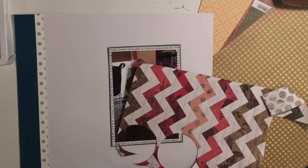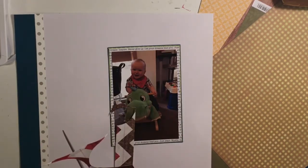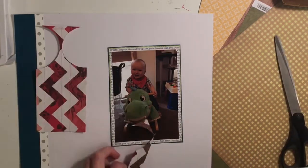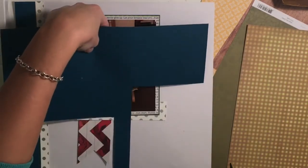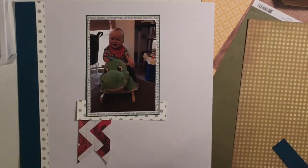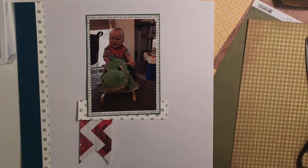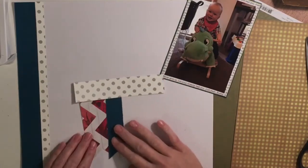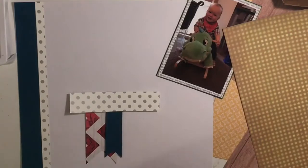So I decided to lay that down the side, and then my son is wearing a red bib and a blue and red checked shirt, so I just grabbed a little bit of red out of my scrap bin because I didn't have any red yet. And I start making banners out of all the different colours that are there, and I'm hoping that this blue is sort of tying in with the stripe in his shirt or the legs of the toy in the background of the photo, making it work regardless because I just love the colour. And yeah, just tying in those white and silver spotted paper too,